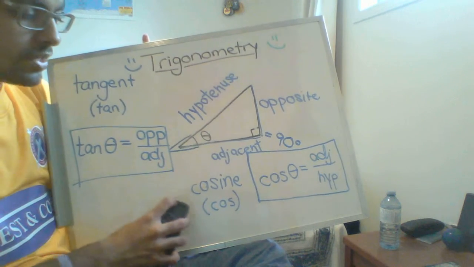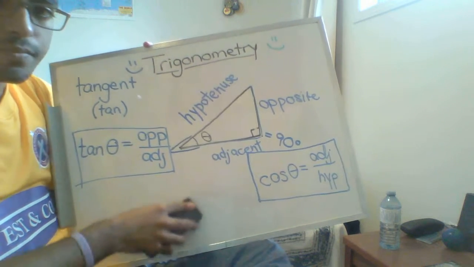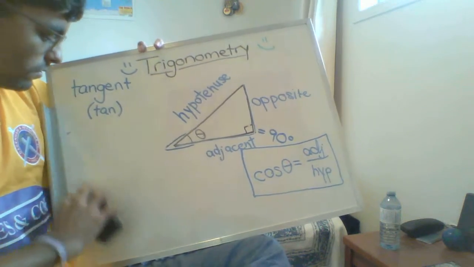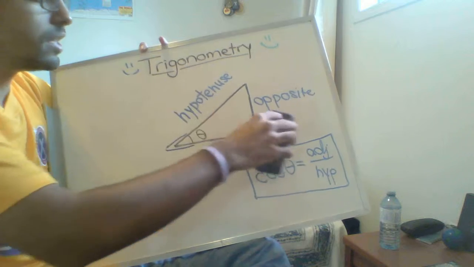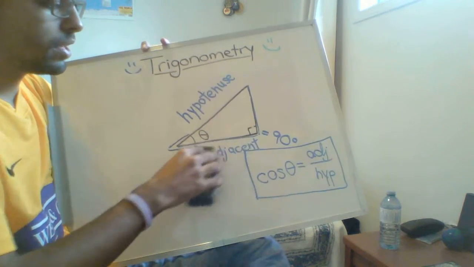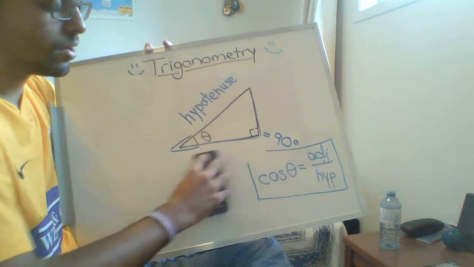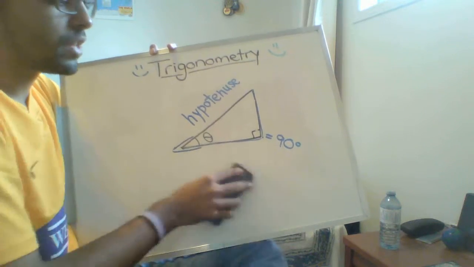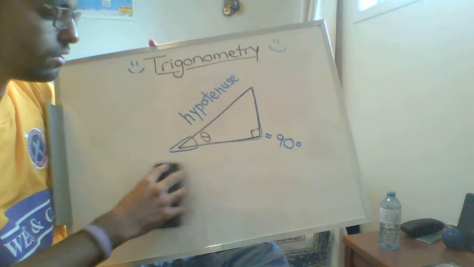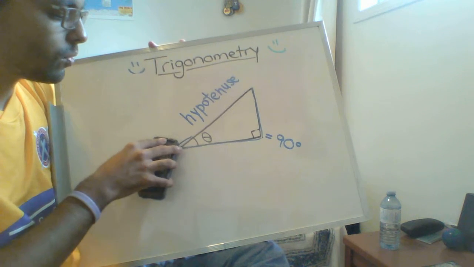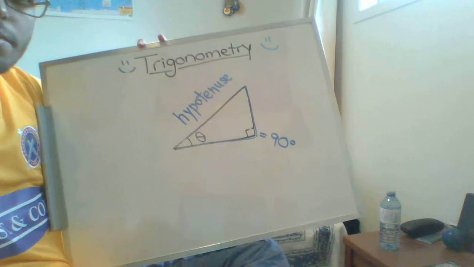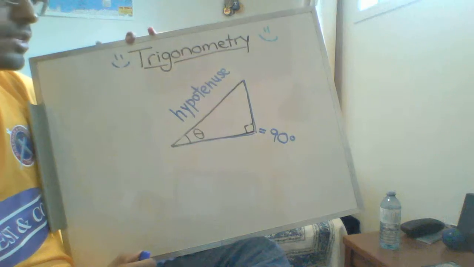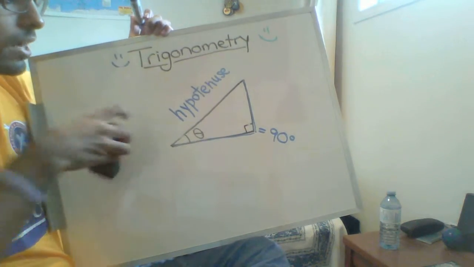So let me give you a brief example before we go. So basically, let's say you've got your triangle over here. We know that that angle in the bottom right corner is a 90-degree angle. That's the other thing. These three functions, sine, cosine, and tangent, I don't know if I said this earlier, they only work if you're working with a 90-degree angle. The way I've described it, this opposite adjacent hypotenuse thing, needs a 90-degree angle to be present in the triangle. Okay? So let's say we've got this triangle, and